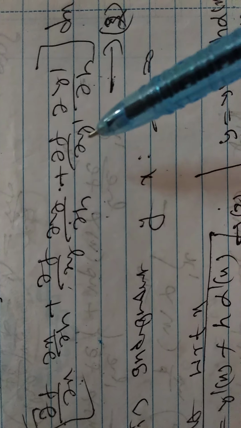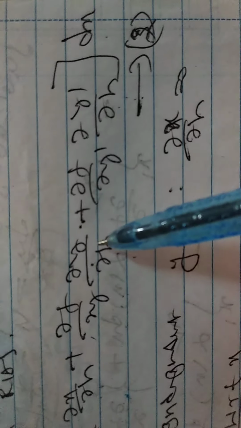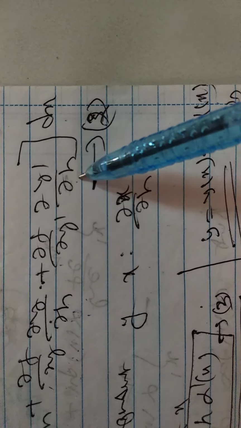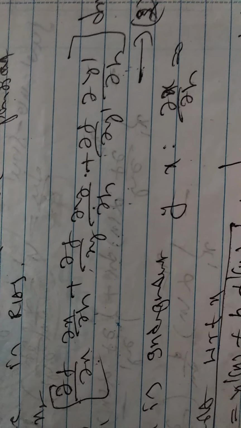Then what is the value of ∂y/∂h? ∂y/∂h is equal to what? Alpha of x. So what happens here? Alpha of x into ∂f/∂y plus, what is ∂y'/∂h? ∂y'/∂h is equal to alpha dash of x. So now alpha dash of x into ∂f/∂y'. So now we have to substitute these values, and we will get the next equation.